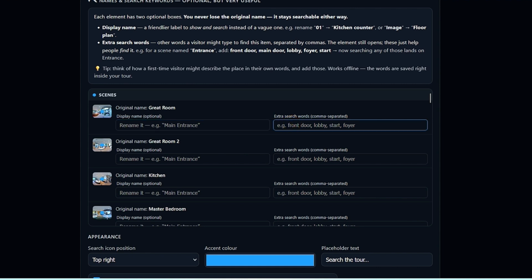In the second box, you can enter equivalent phrases for that element. For example, if you decide to write the word door in this specific field here, which would mean that this particular panorama represents a door, then you can also choose to write entrance door or simply entrance within this designated section. And you separate these phrases with a comma, or you can write exit here, since usually the entrance and exit are the same, or main gate.